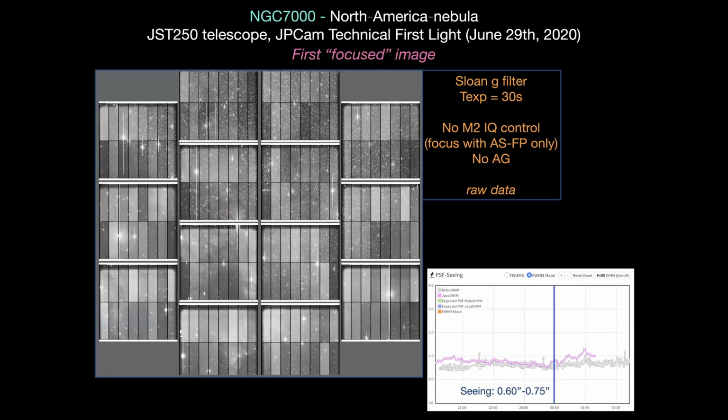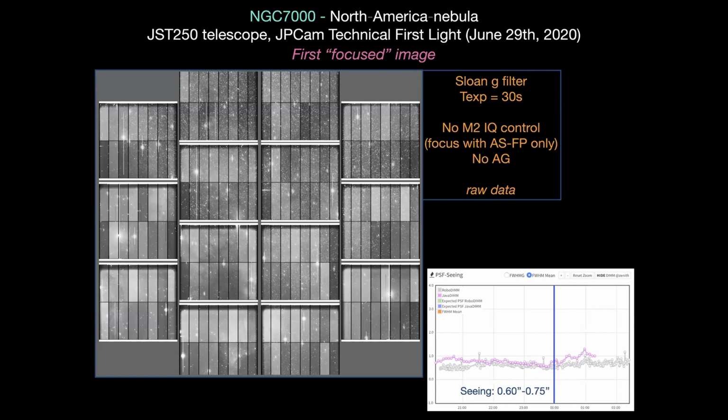Sloan J filter. I have to say that the telescope and camera performances were not maximum, for different reasons. The alignment of the system or the focusing of the system was performed only at the focal plane level. For those of you that are not aware, the telescope has an active control on M2. M2 is held by a hexapod that allows for very precise movements in the 5 degrees of freedom. And also the focal plane, the cryogenic camera, is supported by the actuator system. So at the end, in order to align and to focus the system, we have 10 degrees of